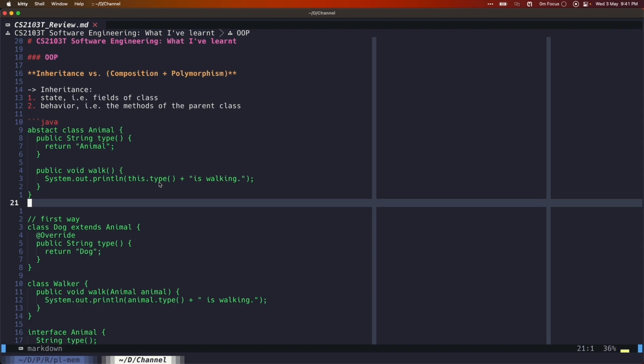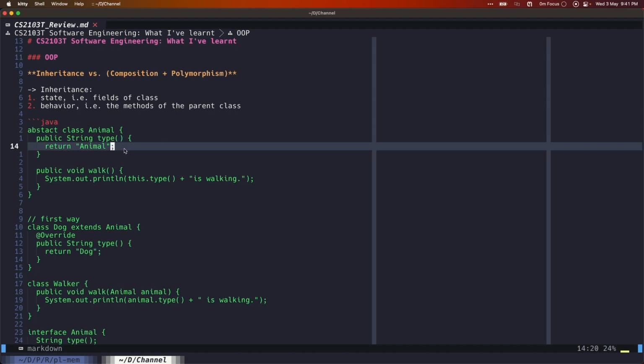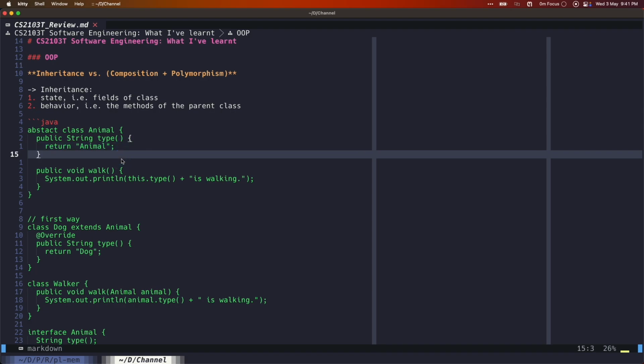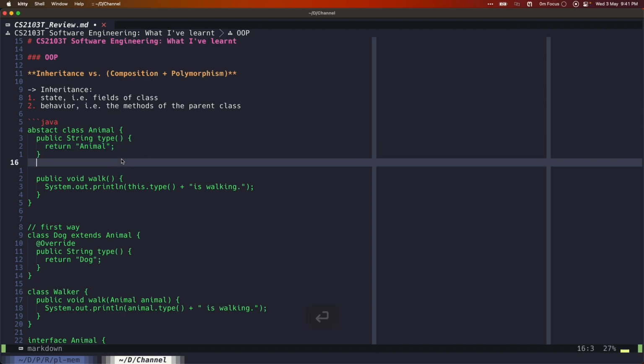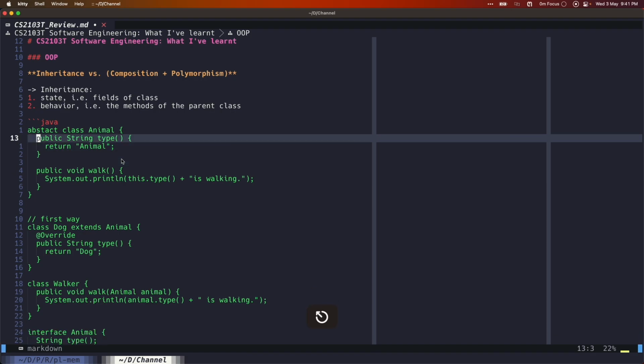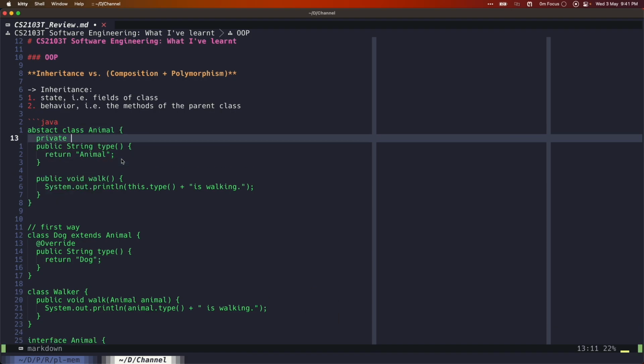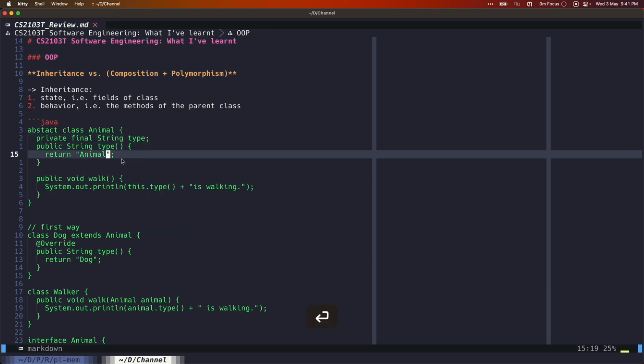This may be one of the issues, and this issue becomes more significant if you try to use a shared state, say private string, say final, and we'll return this.